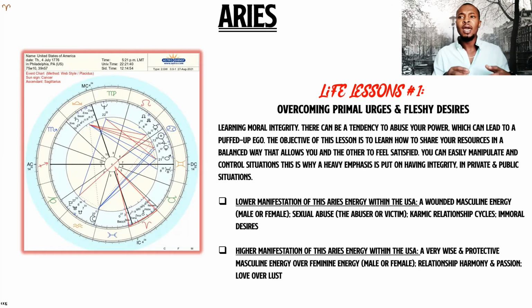And again, that's why having certain physical activities in any way, shape, or form, sports or just traveling or socializing, any healthy type of way of getting it out is really important, because it can really help you. Because again, we already see that there is some type of repression going on with the Aries energy. So there's a need to find healthy outlets, because if not, it can manifest as you having an urge or a desire to do something and not being able to really do it,